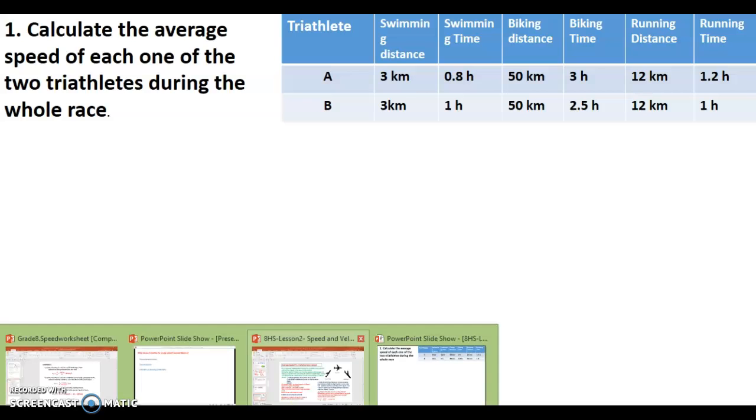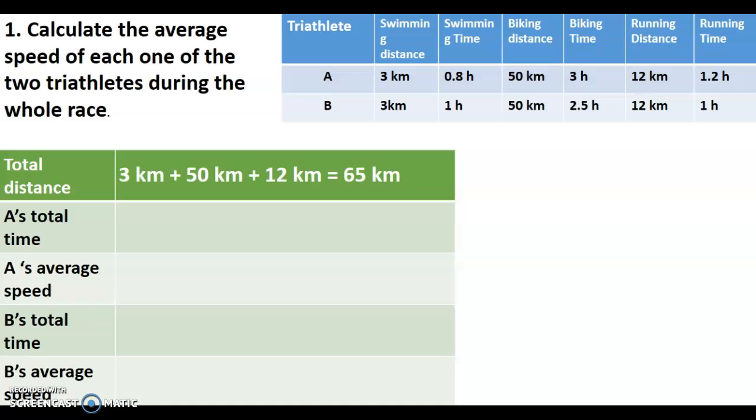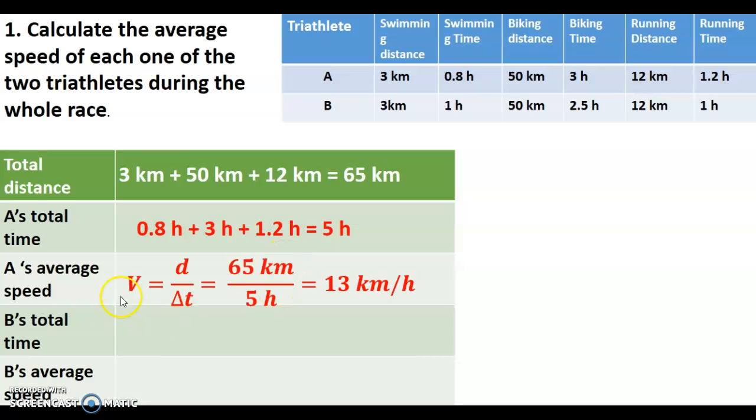To calculate the average speed, we have to find the total distance covered during the whole race, which means including the swimming, the biking, and the running phases. So 3 kilometers plus 50 kilometers plus 12 kilometers is 65 kilometers. Now for the time, 0.8 hours plus 3 plus 1.2 for triathlete A. So this means that the average speed for triathlete A is D over delta T, 65 kilometers over 5 hours,